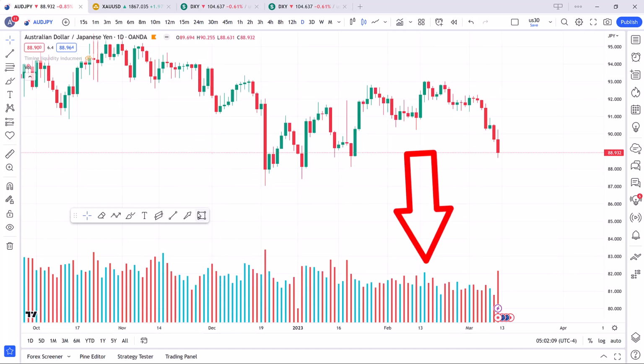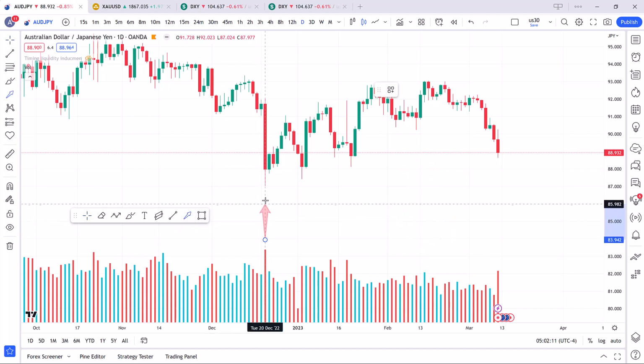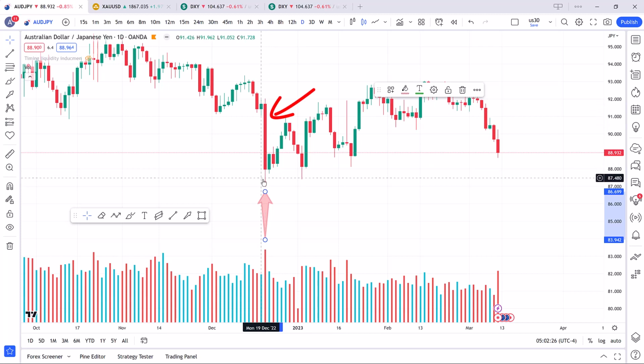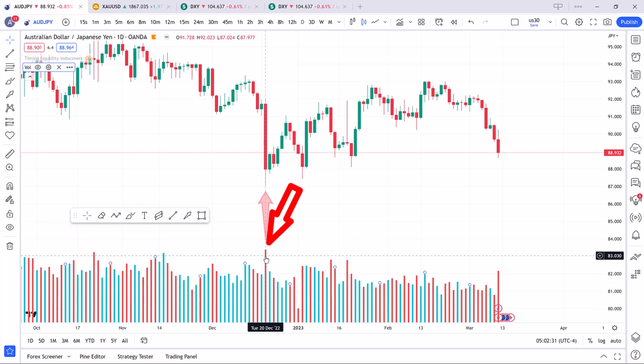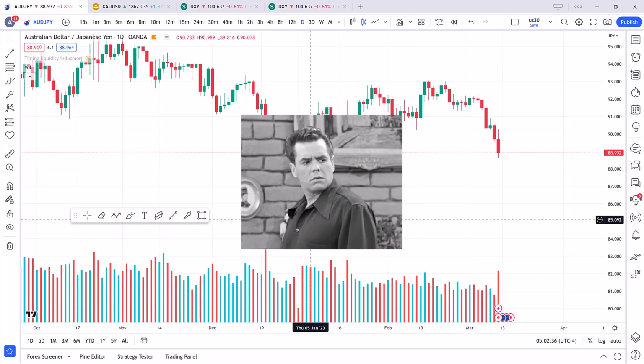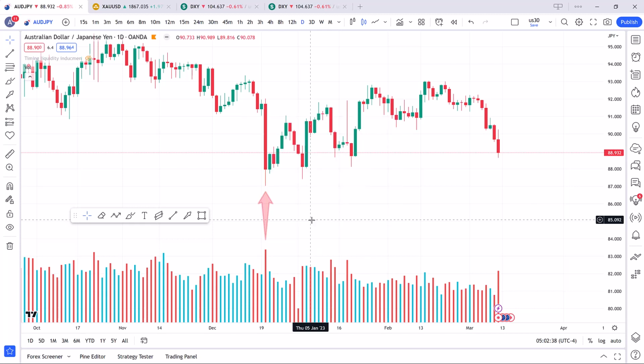And what is a single bar? You can see that, for example, this candle has this volume in it. So it is a single volume for this candle. It means that in this period of time, that is 1 day, in this big candle, this volume has been trading. Does volume mean buying or selling? I don't care. Volume is activity. So a high volume is higher activity, and a low volume is lower activity.